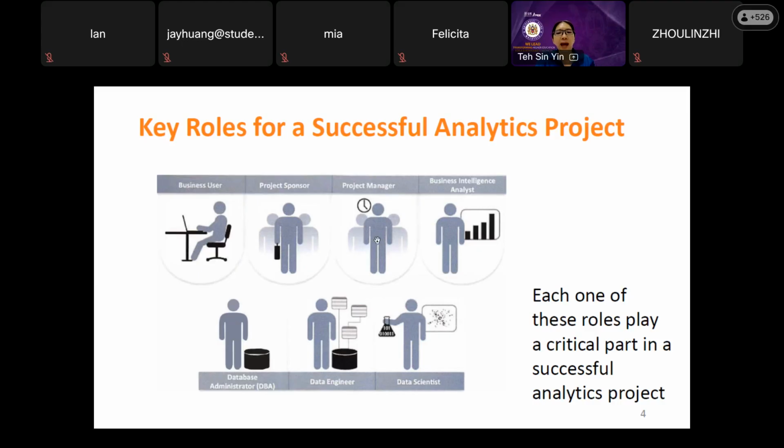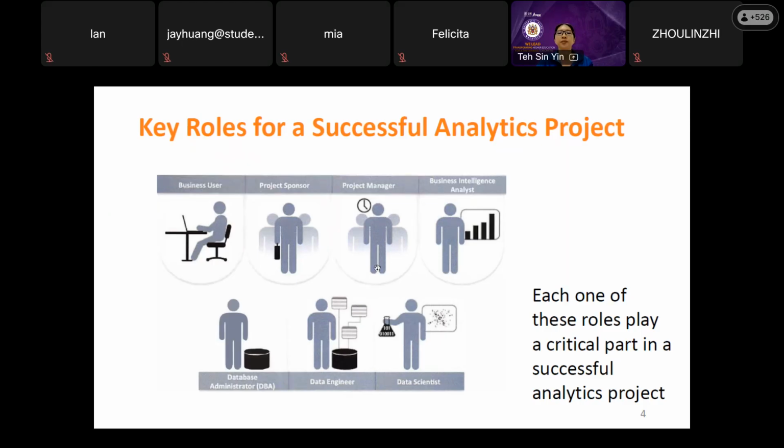It depends on how big your project is. If your project is just a very small scale project, you don't need all the 7 roles. If your project is a very big scale project, then yes, you need to have as many as possible. And it also depends on the nature of the project. So what type of project are you running? Is it related to environmental? Is it related to an ESG project and so on? So it depends. Not necessarily must you have all the 7 in order to have a successful project.